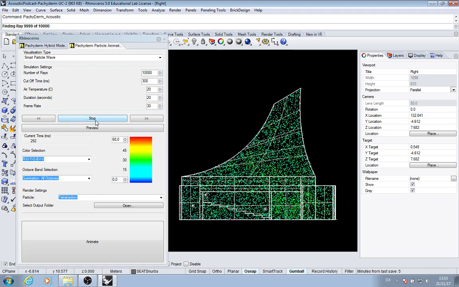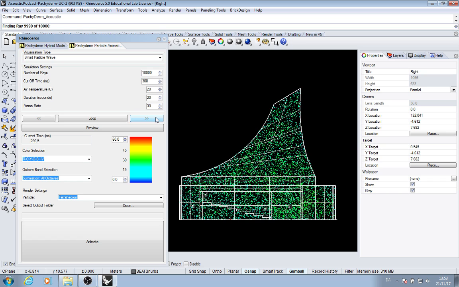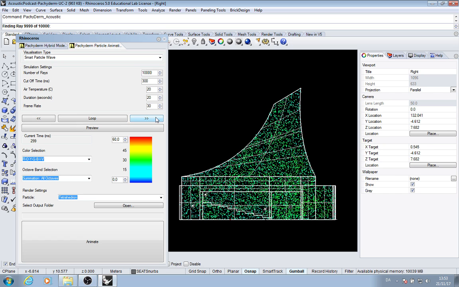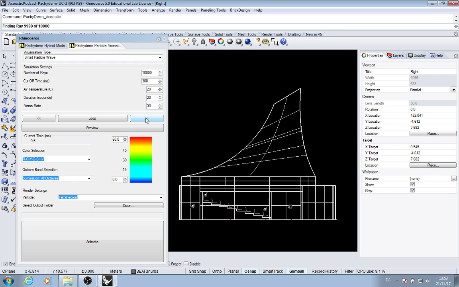What you can do in the process is also stop it at a particular point, and you can go frame by frame. So when you come to the end, it will basically restart, and you can see very controlled in this sense how this sound is spread from your source in the space